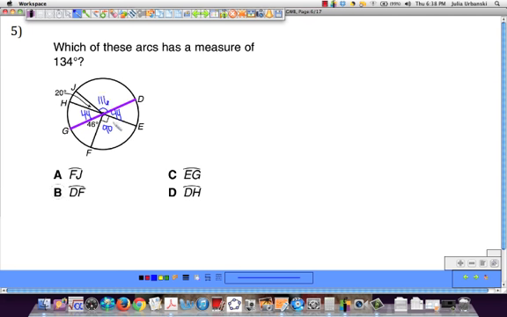Okay, that's all the things that you need. Now you have to look at your choices and just go with one until you get 134 as your result. So start with FJ. FJ is from here all the way up to here. So let's try that one. The 3 pieces that have to be added together are 46, 44, and 20. So when you add that together,